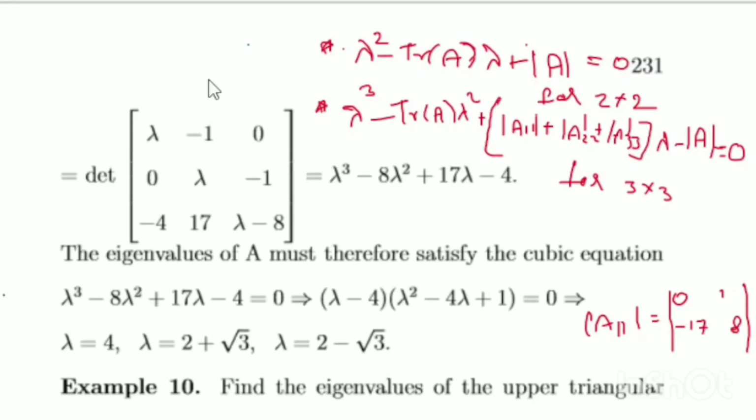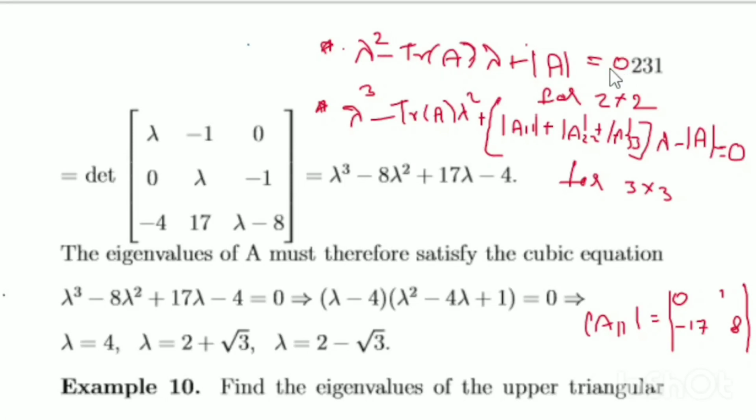I think all of you know how to find the determinant of a matrix. It is a little difficult job, so you can check whether the equation is correct using this method. If it is a 2 by 2 matrix, then after your calculation you can check it with this equation: the characteristic equation is lambda square minus trace of A times lambda plus determinant of A equal to 0.